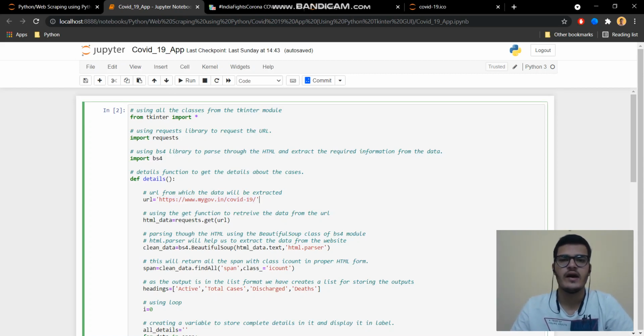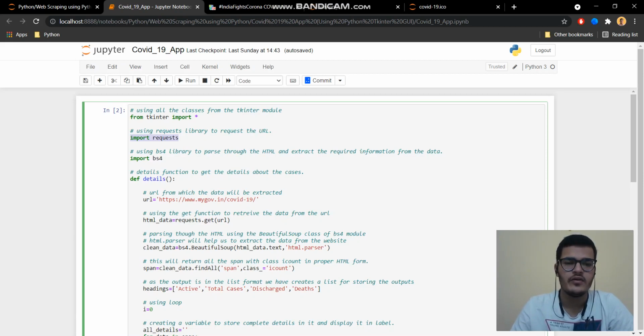First of all, I have installed a module named Tkinter. This module is used for creating a GUI in Python. After that, I have imported a library named requests. The main aim of this library is to request the URL which we have provided, the URL of the web page.